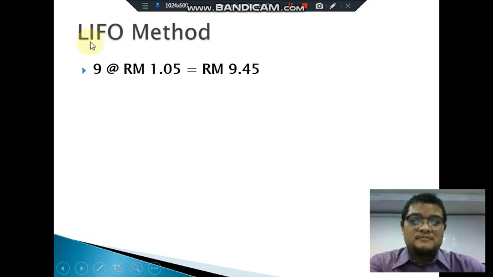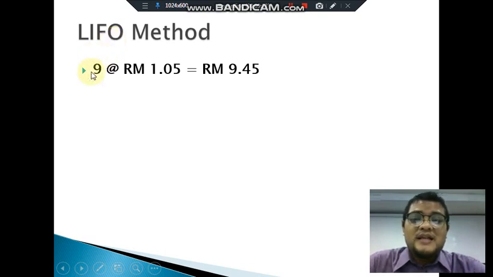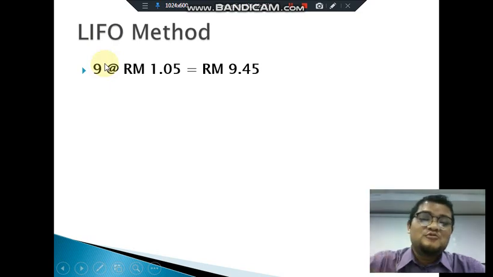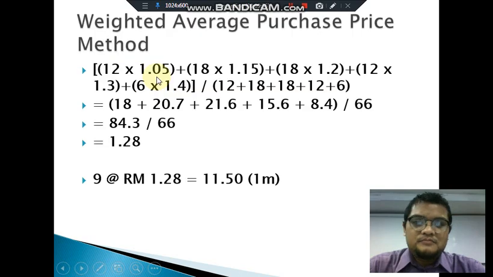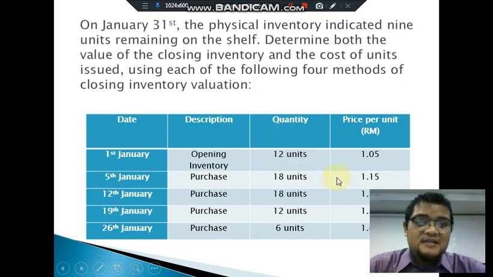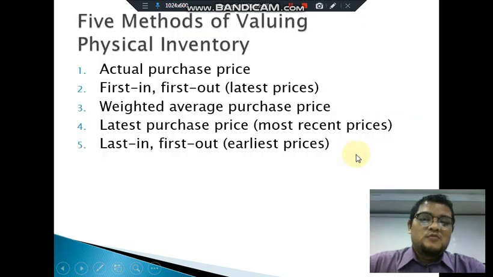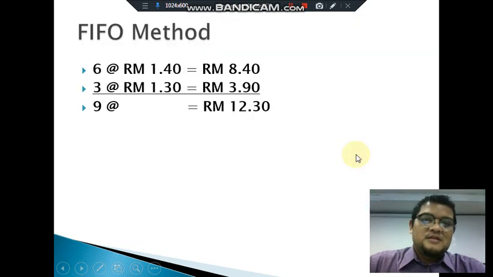So last in, first out means the last 9 is the first you put. So the first you put, as you can see from this table, the first 9 of the first you put is remaining from last month's opening inventory. So we calculate with 1 ringgit and 5 cent. That's why you see here